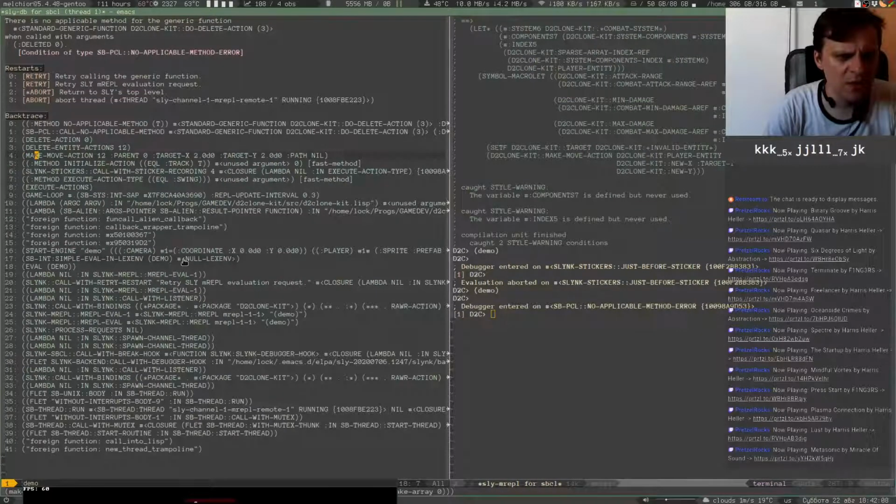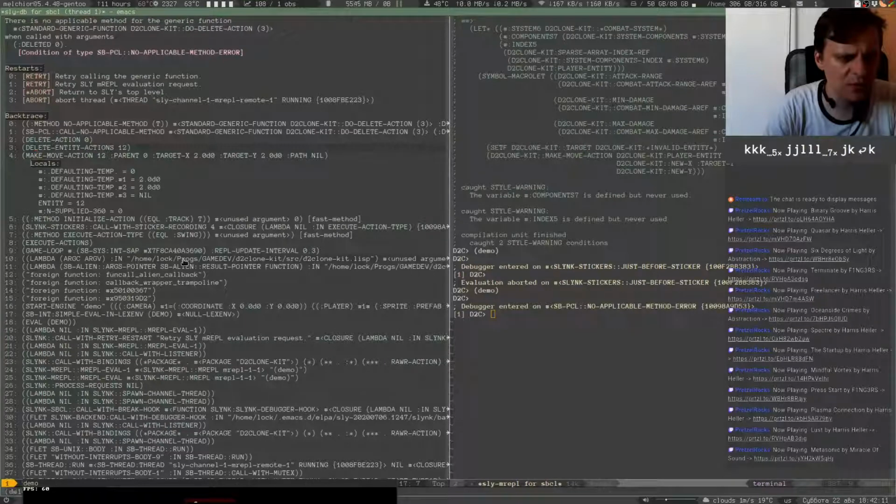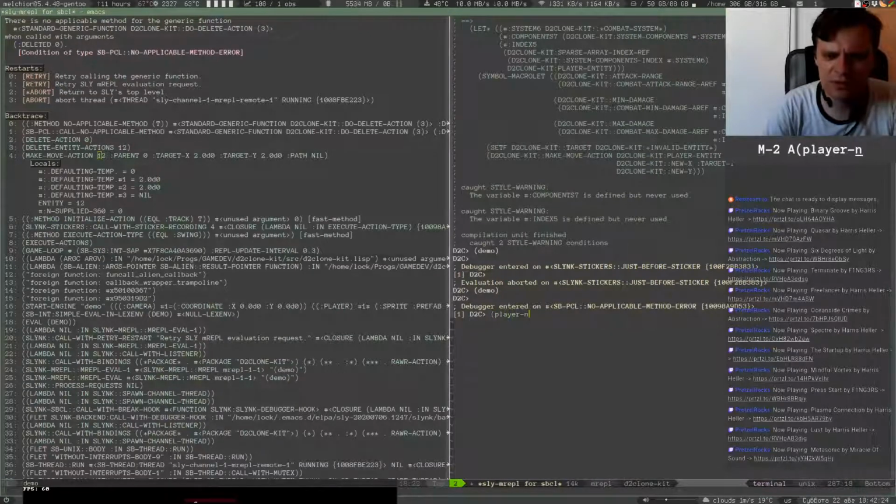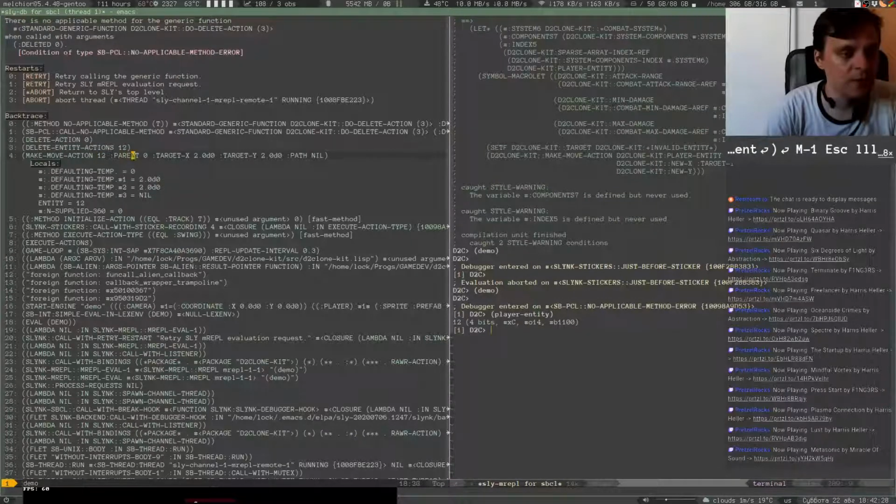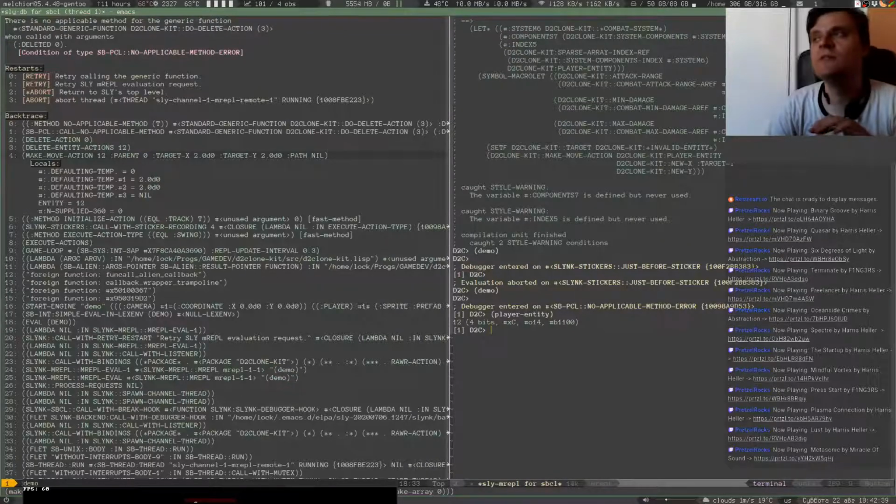So how does that happen? In make move action we tried to create an action for entity 12, which should be the player. Is it? Yeah, it is. So with the parent of 0, I mean, why 0? That's weird. Oh yeah, the 0 was